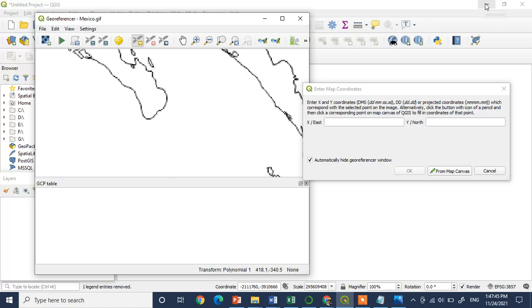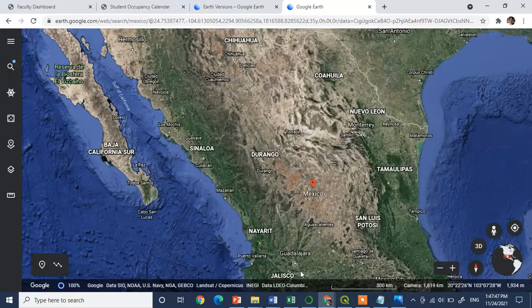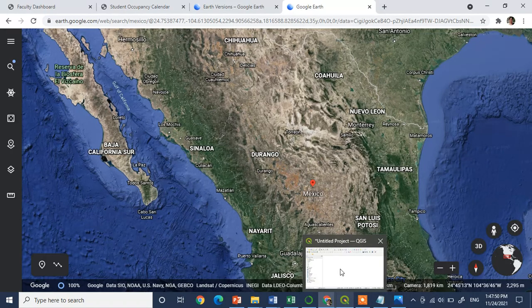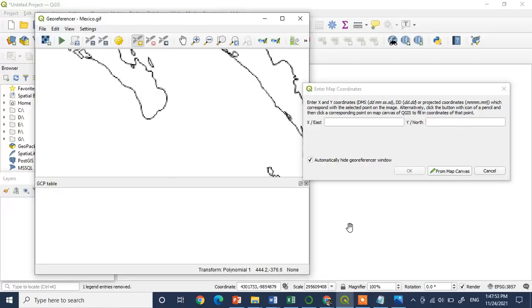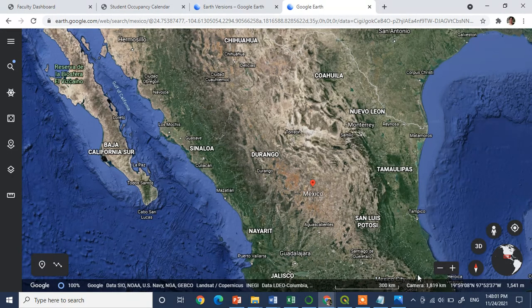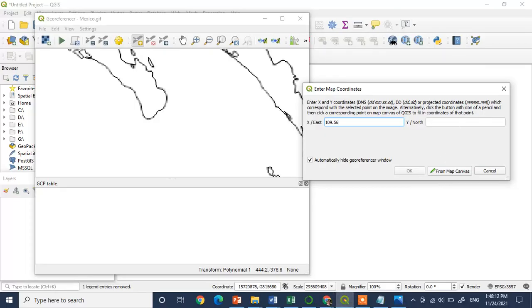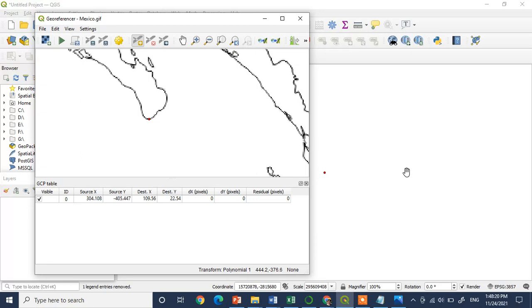If you minimize this, okay, so it is 109.56 and for the second value you need to keep your pointer here. 109.56, 22.54. So this is my first coordinate. Click on OK.